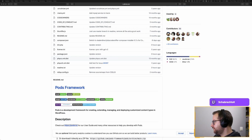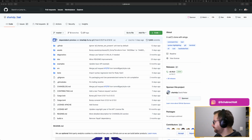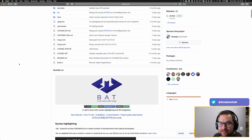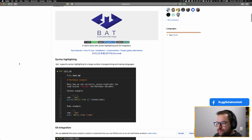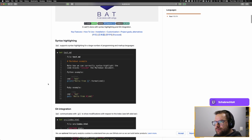Now, for something I thought was very cool, bat. So bat is actually a cat clone. So for your terminal, cat. And it has like syntax highlighting. That's super cool. And actually, we're gonna do this on the stream today, now. So you have syntax highlighting,